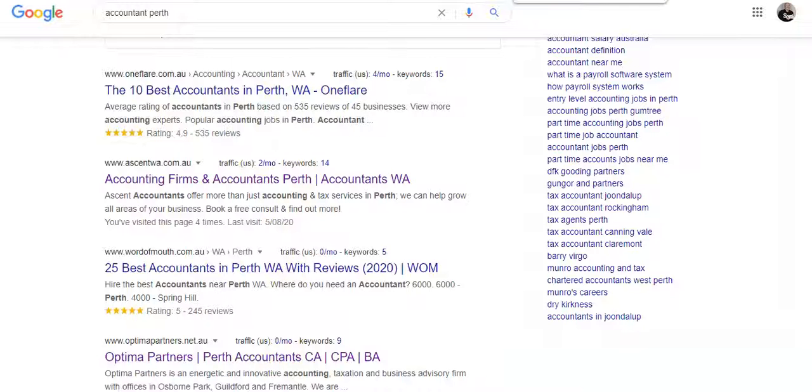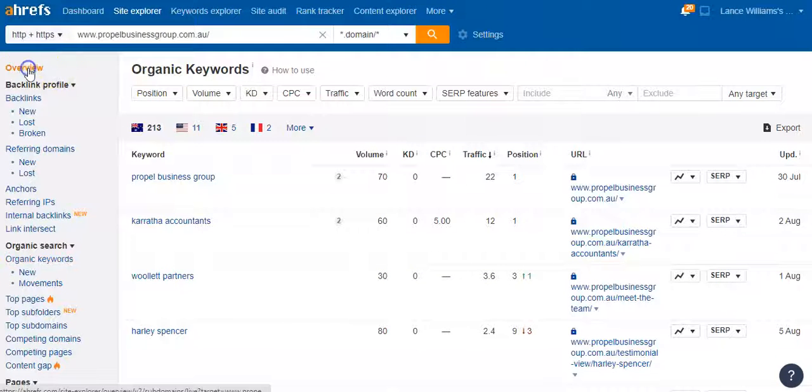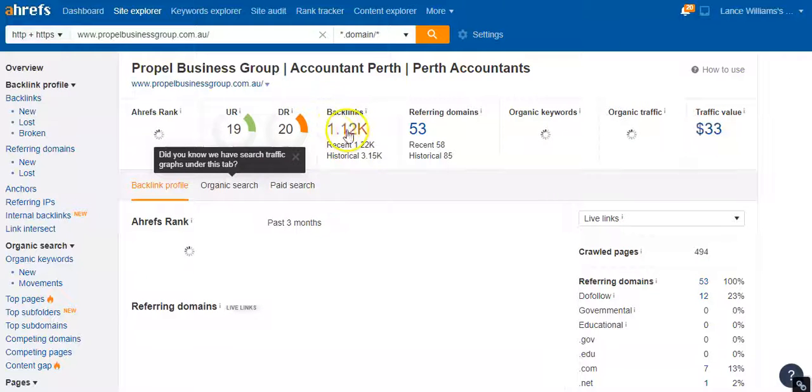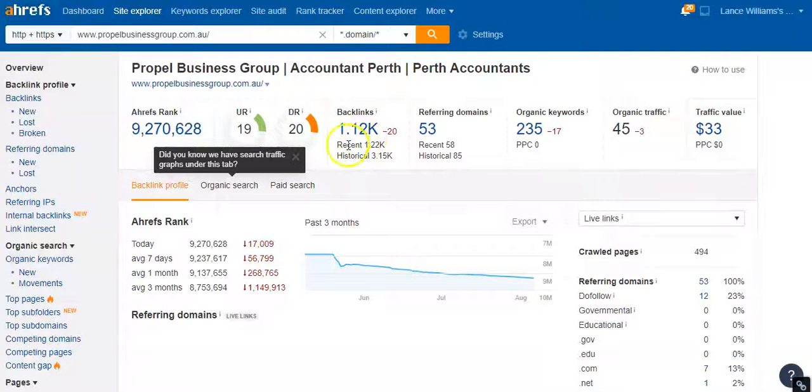The other important thing about that is, if I quickly go back to yours here, go back to the overview, we will see that you have 1,120 backlinks, and you have had as much as 3.1 thousand. You've had over 3,000 links, and as you can tell by this, they continuously drop away if this isn't looked at and taken care of on a regular basis, which we also offer. As you can see, this one, minus 20, so you've lost 20 backlinks recently.